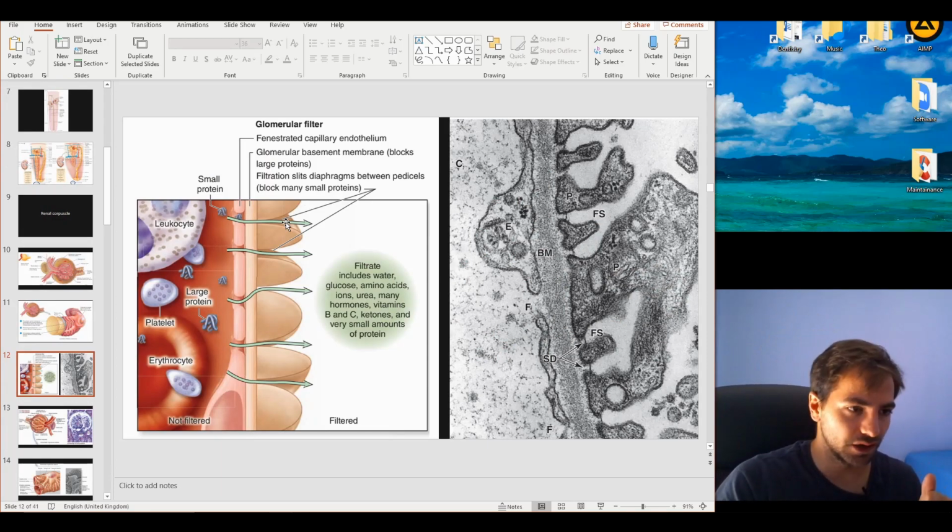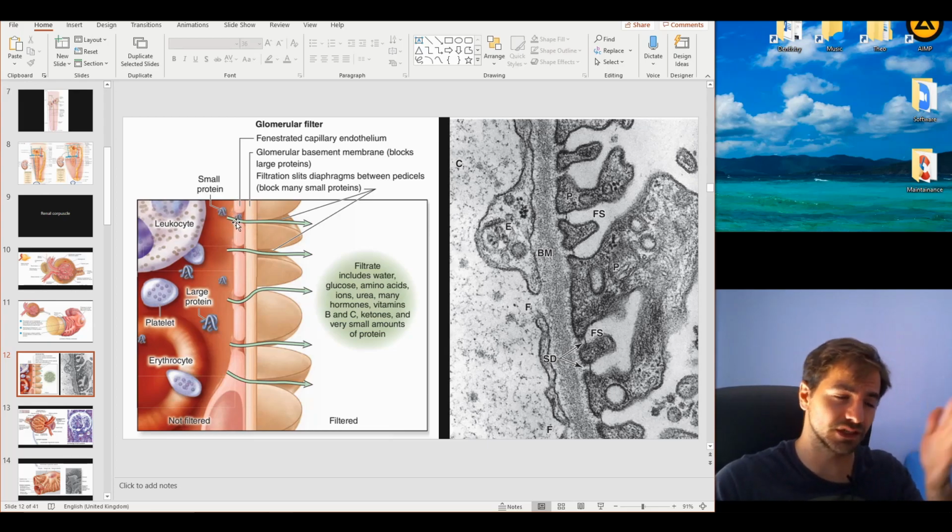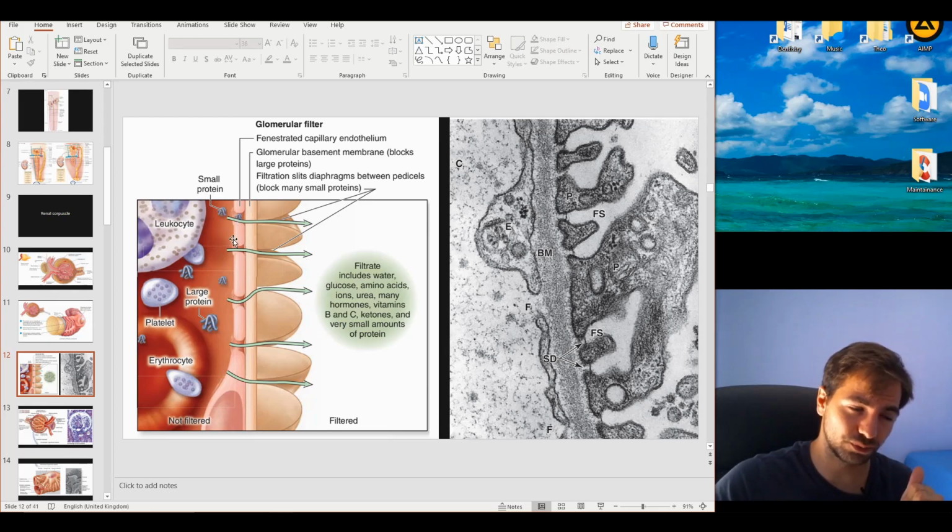that allows you to visualize this whole process better. Again, we have the glomerular filter. The first layer is the fenestrated capillary that allows only small proteins to pass by, blocks out the cells, and allows only small proteins to pass by along with ions and other components. And large proteins, as I told you, are of course blocked